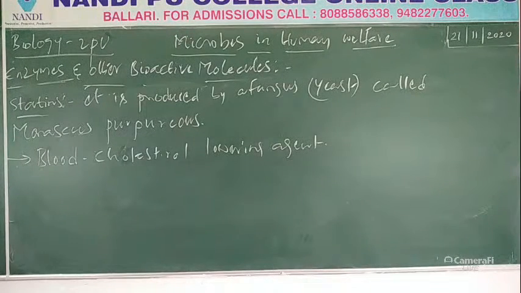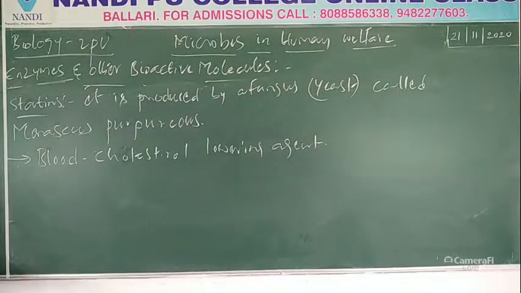We discussed clotbuster, that is streptokinase, produced from Streptococcus bacteria. Next, fungi produce cyclosporin A. It is also called an immunosuppressive agent, right? So for organ transplant patients, that is nothing but cyclosporin A, which is produced from Trichoderma polysporum, very important for